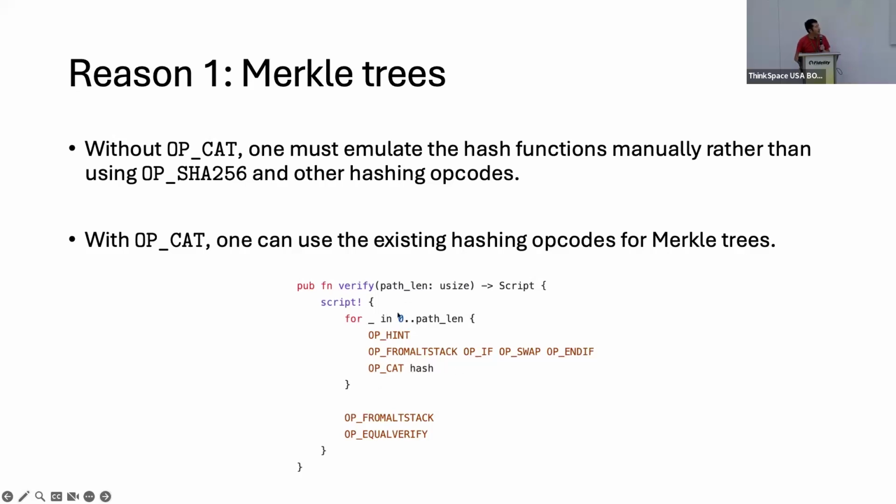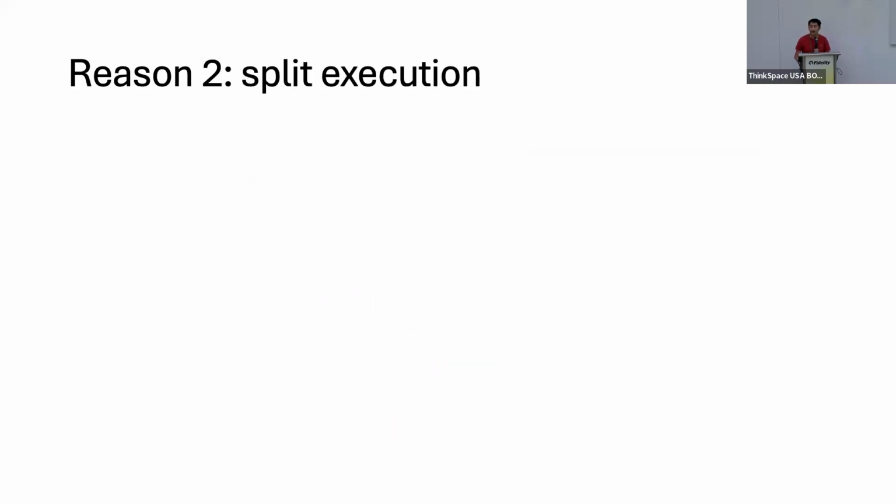And you basically do this for every layer of the tree, and you end up just comparing whether it matches the Merkle root hash that you are provided. This is very simple code, and you don't need to touch the hash function. You don't need to really emulate the hash function. This is reason one. Another reason why OPCAT can be very useful is that OPCAT gives you recursive covenants, and